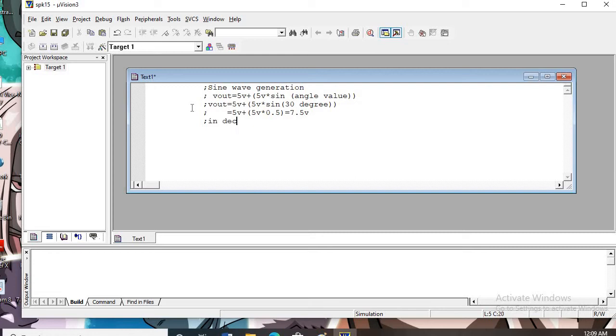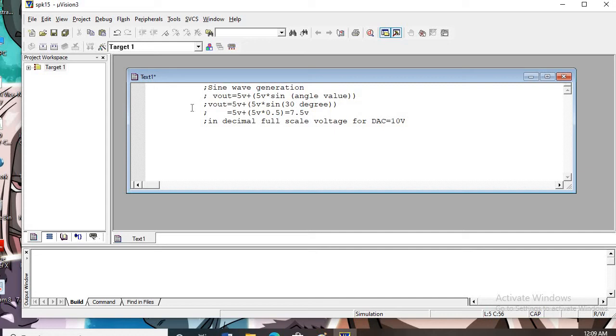And in decimal, full scale voltage for the DAC equal to 10 volt.